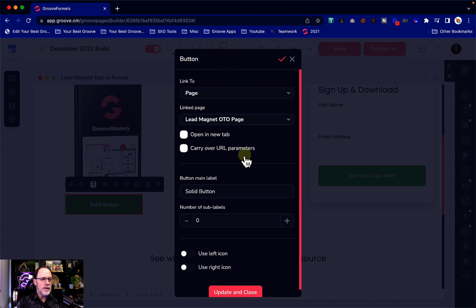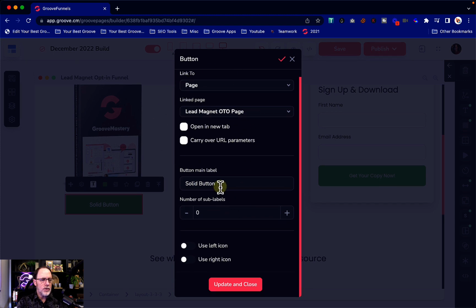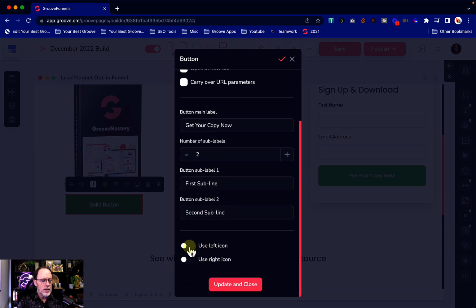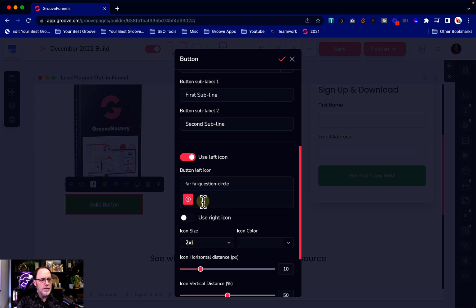So this is the link that we set up here, and then the second thing we do is we change the label on the button. Get your copy now. When we're setting up this button, we can also add sublabels, and they're going to show up. I'll just do first sub line so you can see how they work. You can add a second, a third, second sub line, and this would just be information about the button. You can add a left icon, and let's just say arrow,